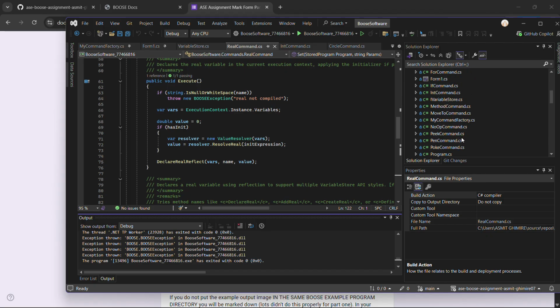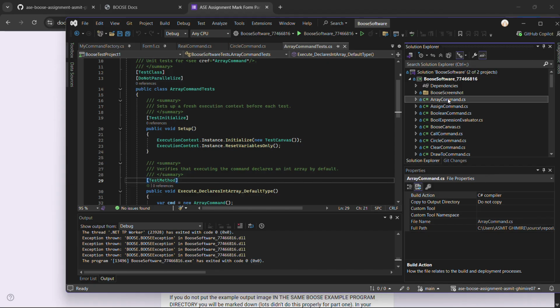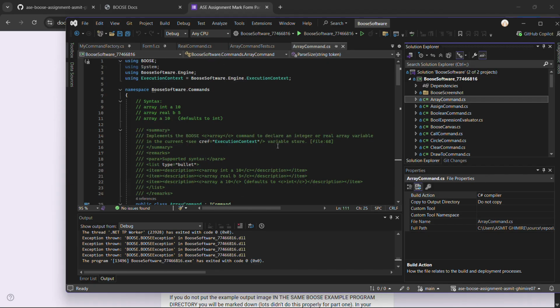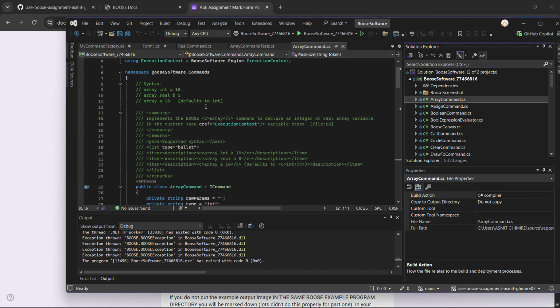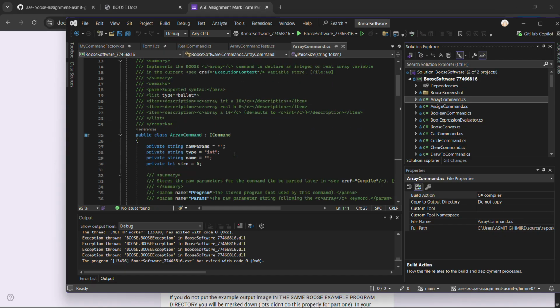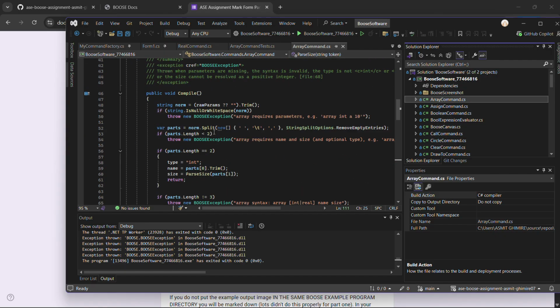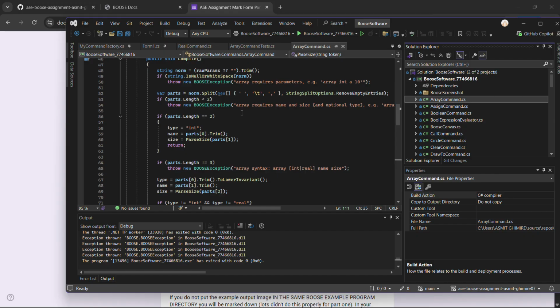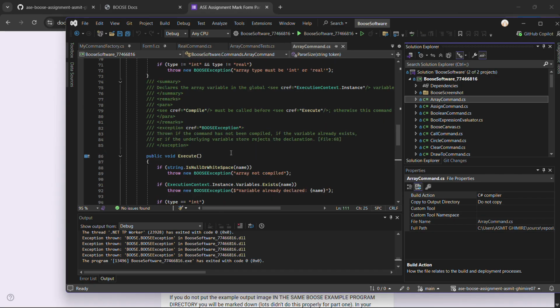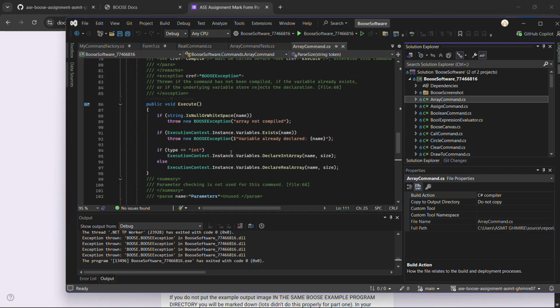So how array works in my program is, I have a class called array command. The keyword array is handled by my own array command because the factory maps the array into the array command, and the array command compile method reads the type, array name and the size, and execute method declares the array in my shared variable store using declare int array and declare real array.